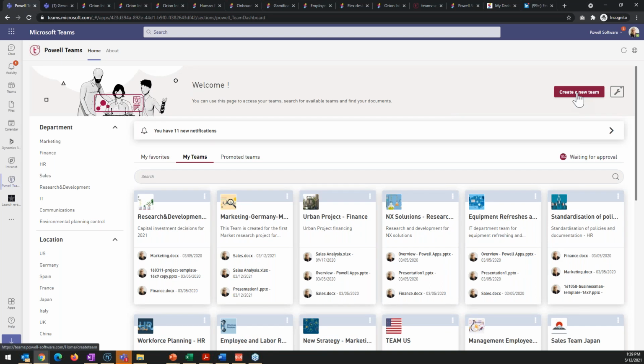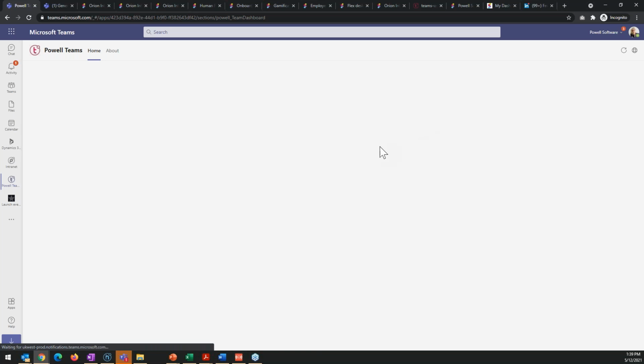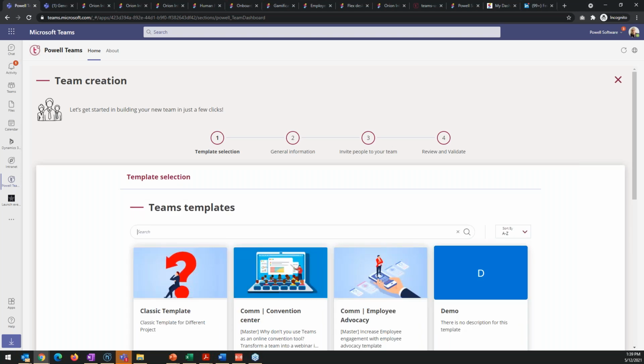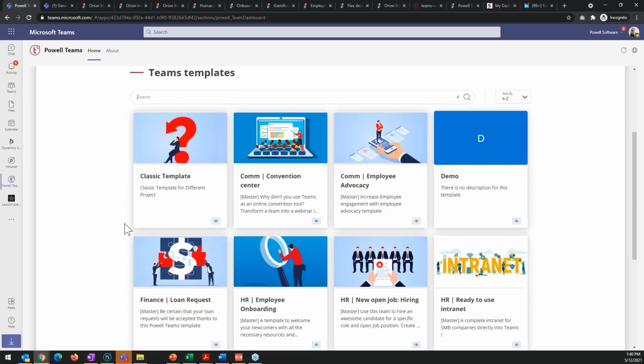Now, the other thing you can do from here is create a new team. Let's step back and think about the process I mentioned earlier, which we'll cover today: the employee onboarding process. The point of using Pale Teams to create new teams is that your users will still be able to create their teams, so you don't have to restrict the creation of teams. But they will not be able to create their teams from scratch anymore. They are going to have to use a template that you have pre-configured with all the settings, all the channels, and the applications already in the template.